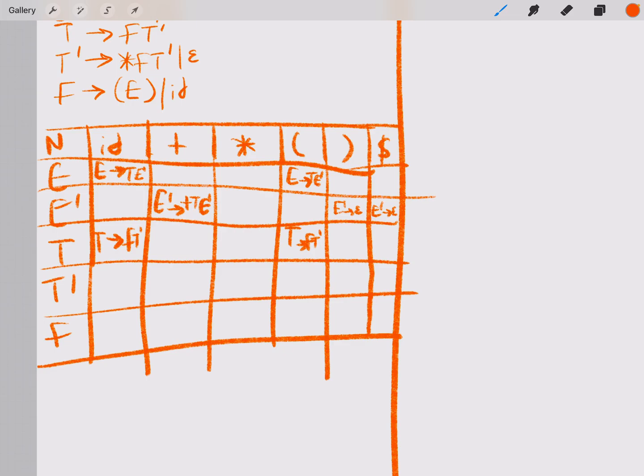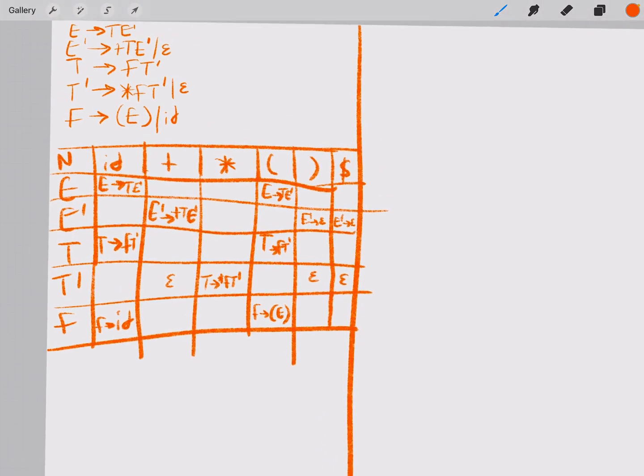Okay, so E derives T E prime, T derives F T prime, T prime derives star F T prime, and then T prime derives empty here, E prime derives empty here, and F derives ID, and F derives open. Okay, so now let's draw the